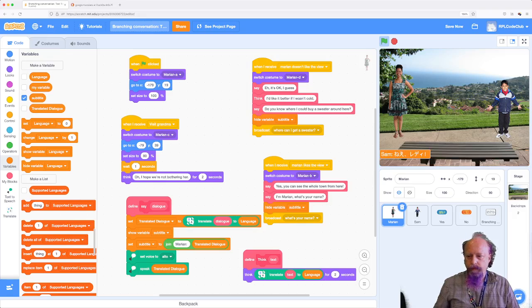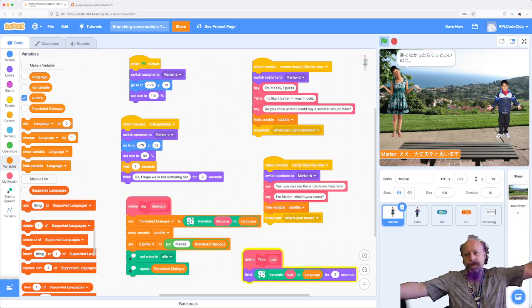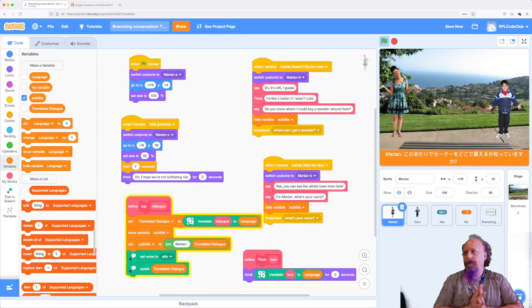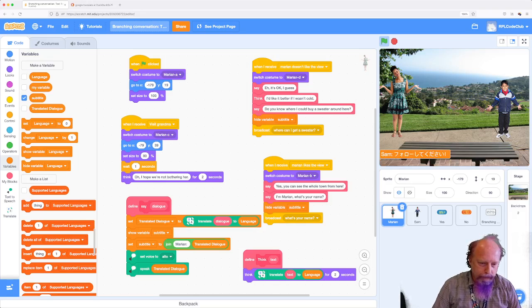ねえ、レディ、あなたは景色が好きですか？ ええ、大丈夫だと思います。 Yes! Now she thinks in Japanese. この辺りでセーターをどこで買えるか知っていますか？ Wonderful. If only it were that easy in real life. 確かに私のおばあちゃんは街で最高のセーターを Their names stay in English, and the reason for that is because we have this in our